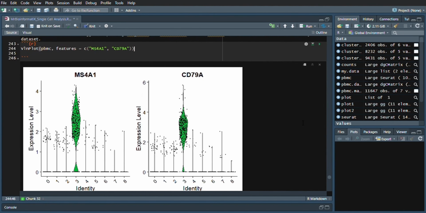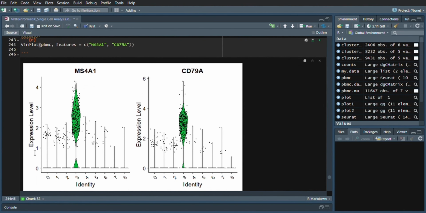And here we have it. As you can see, we have two plots. The y-axis is the expression level. This axis shows the expression level of the gene. A higher value indicates higher gene expression. And for the x-axis, this lists different clusters from 0 to 8, making 9 clusters. And regarding our violin plot,